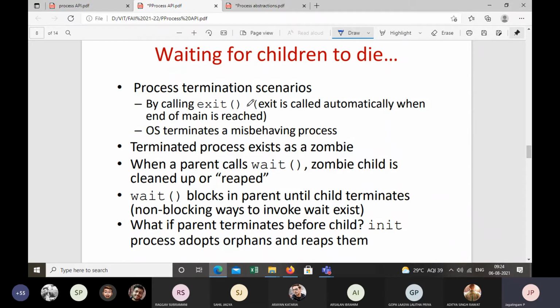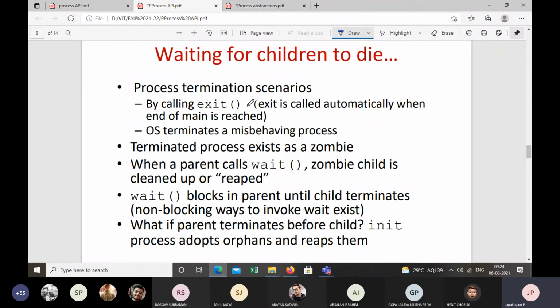Either we manually close it, or it is completed, or it is not responding, maybe. Good. So the program gets terminated in two different ways. One is normal, the other one is abnormal.